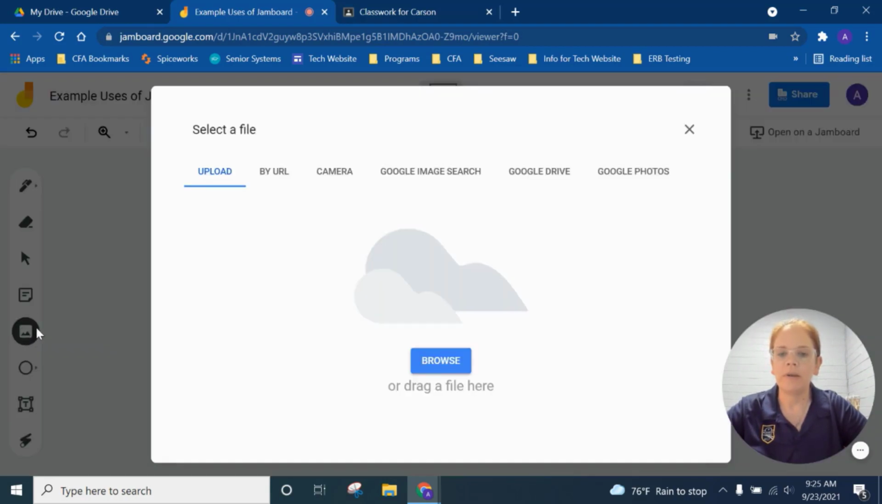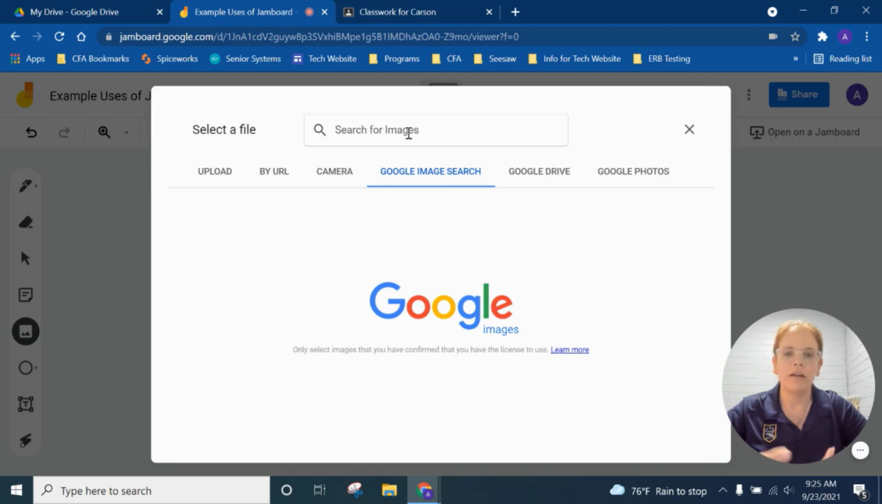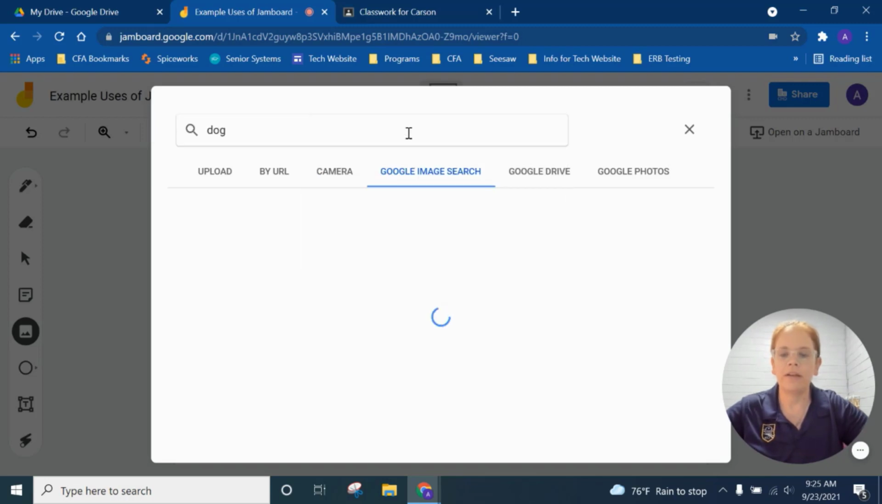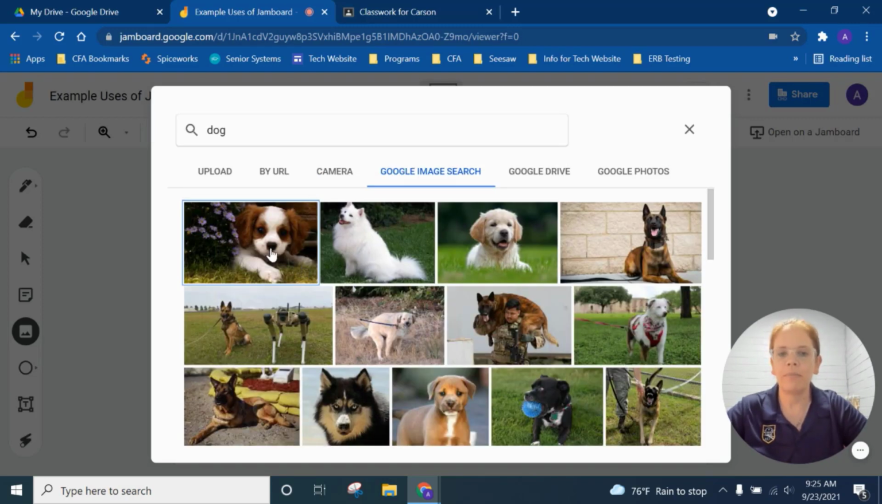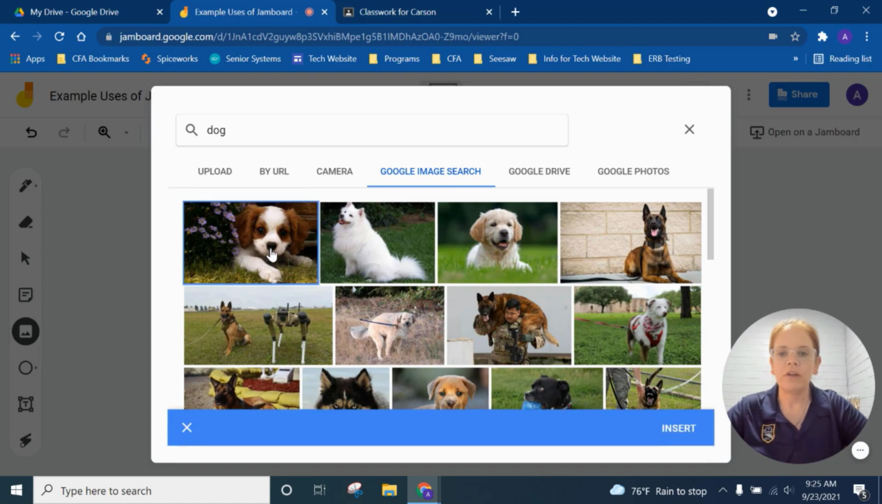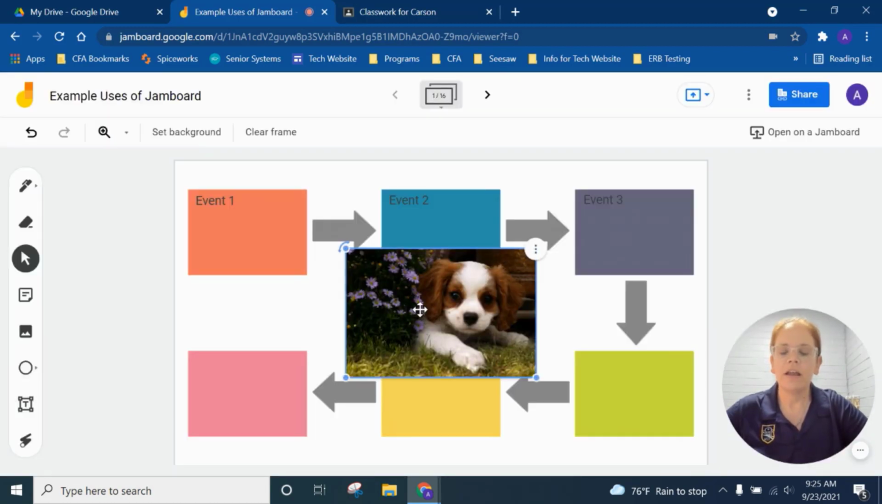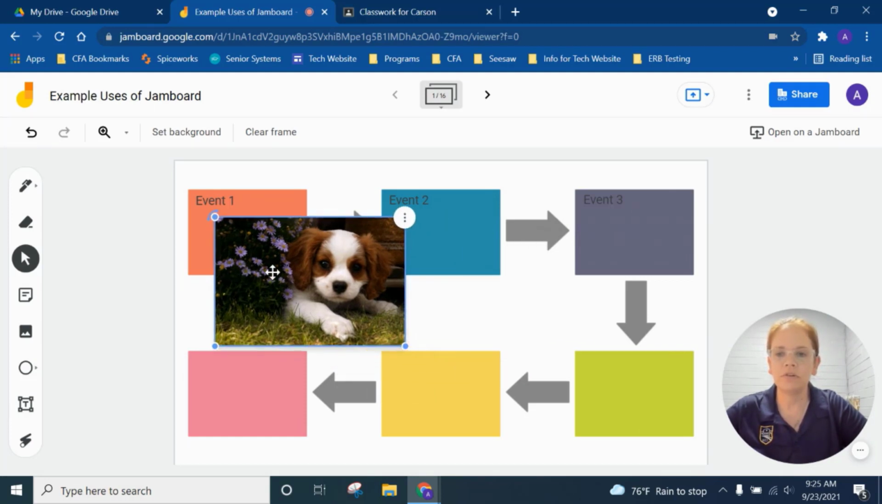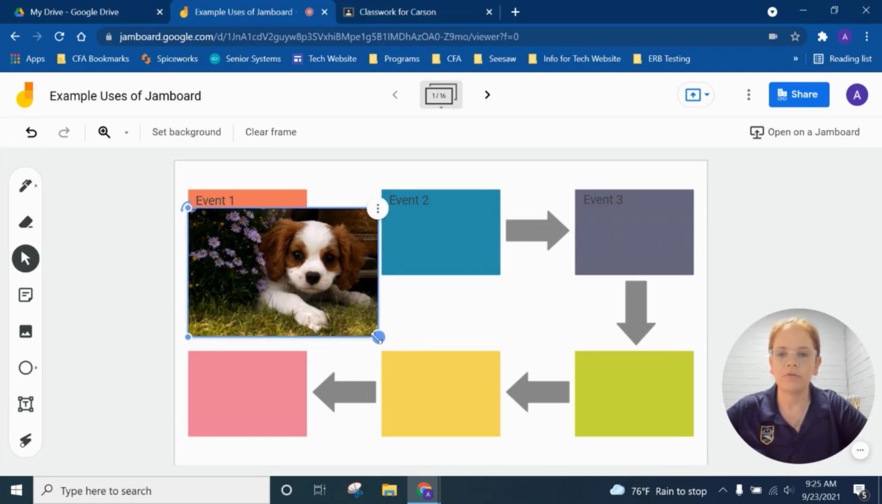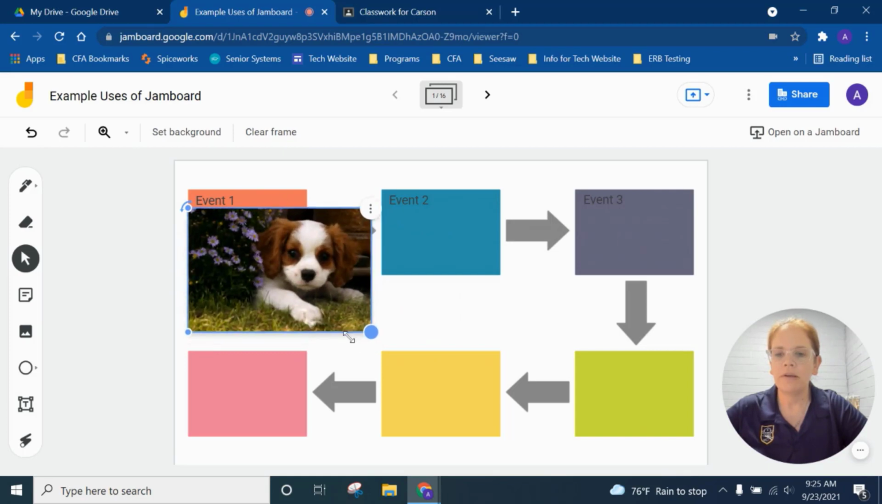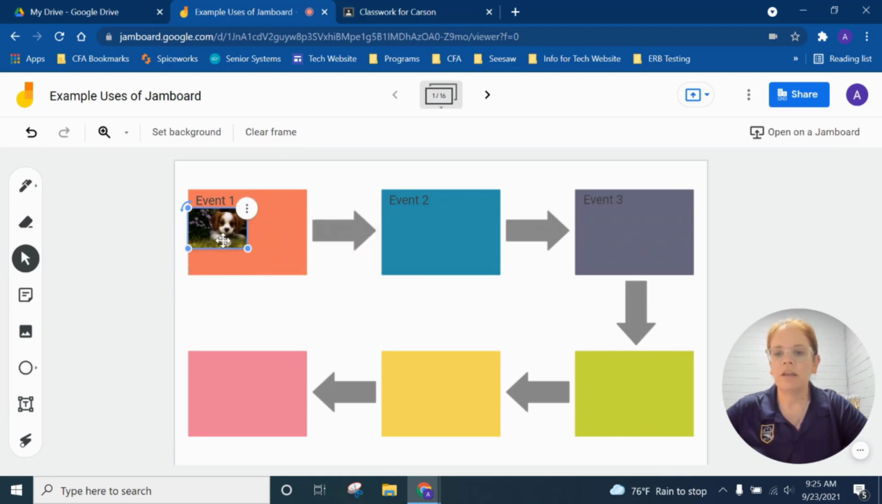They would just go over to picture. Easiest thing to do would be a Google image search, and then they would just type in what they would like to insert. So I'm just going to pick a random thing. Say there's a puppy in the story that they want to place in there. You're just going to press insert, and I would practice with your students doing this, making sure they understand how to insert a picture. You can make it bigger or smaller so the student can stick a picture in there, and they can also say,